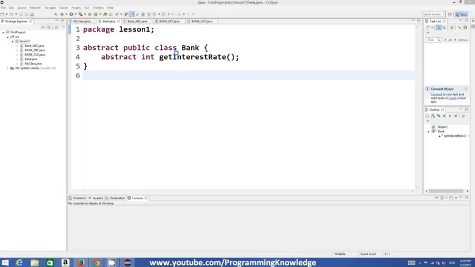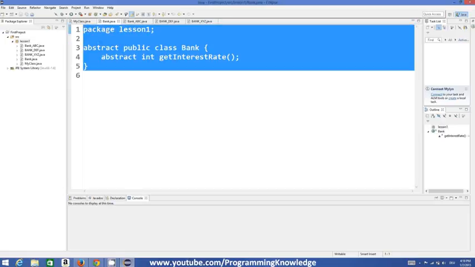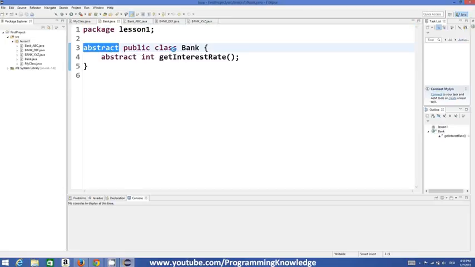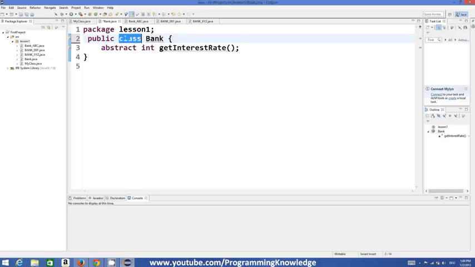So for making an interface, for example, we have been seeing this example from our last videos, and we have a bank class which is our superclass, and when we define this class as an abstract class, this bank class cannot be instantiated, we have seen in the last video. Now in place of doing so many things like declaring abstract public class, we can just use a keyword called public interface, and then it makes your interface